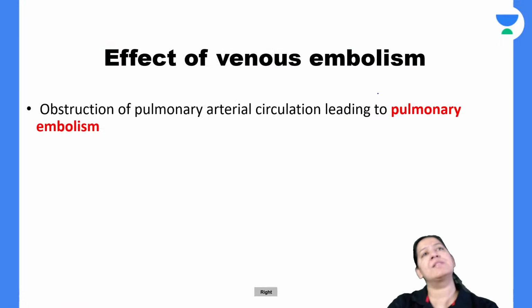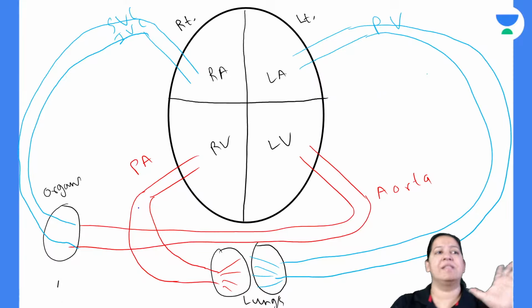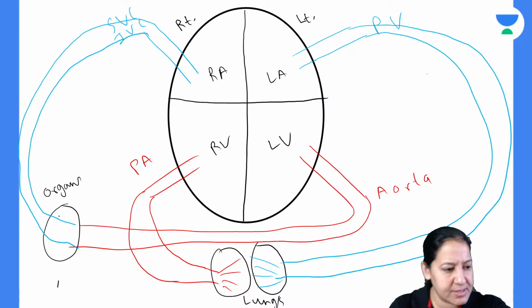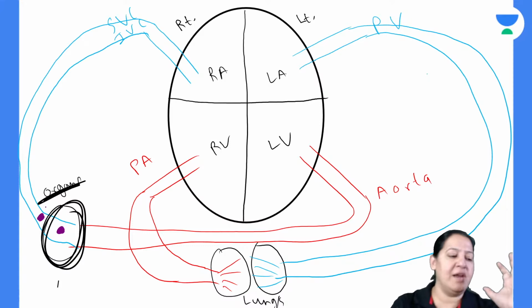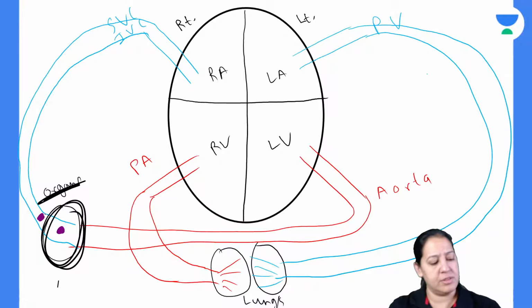It will go where? All veins, where do they go? All the veins. This is the organ. Everyone see, this is the organ. All organ veins. Let me draw a thrombus inside it. So this is a thrombus. The thrombus detaches and forms the embolism. So veins go into the superior and inferior vena cava. Right or not? Just a second. Give me a minute.